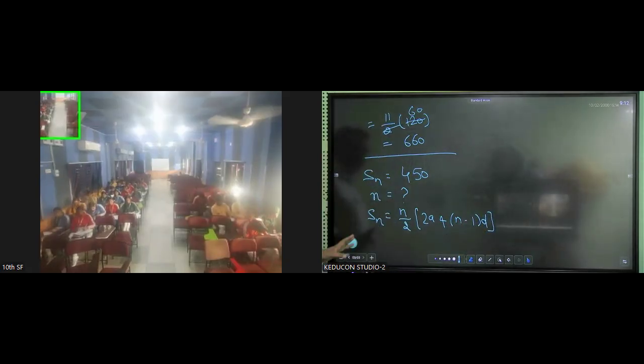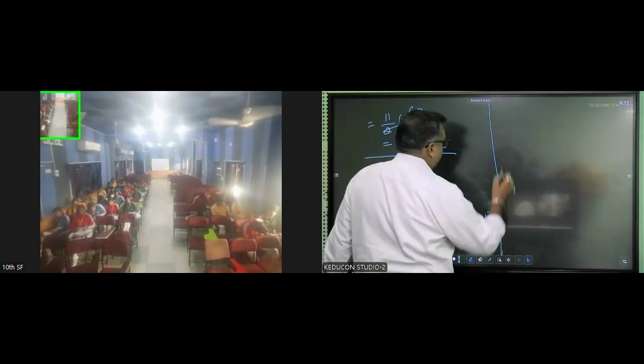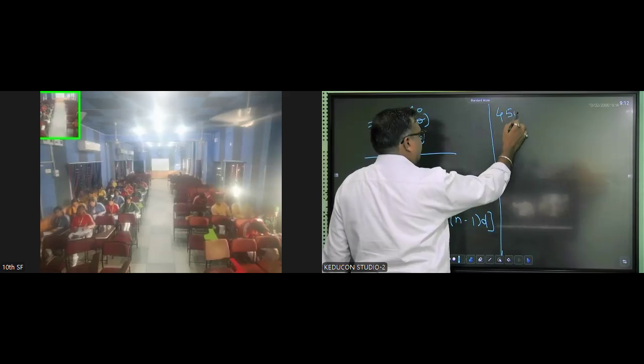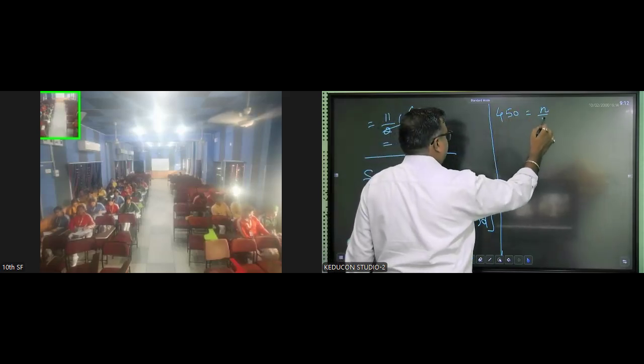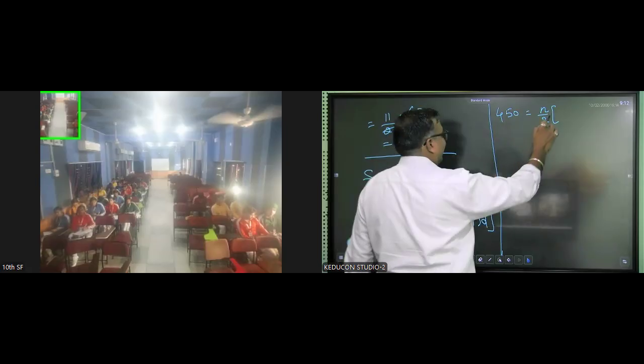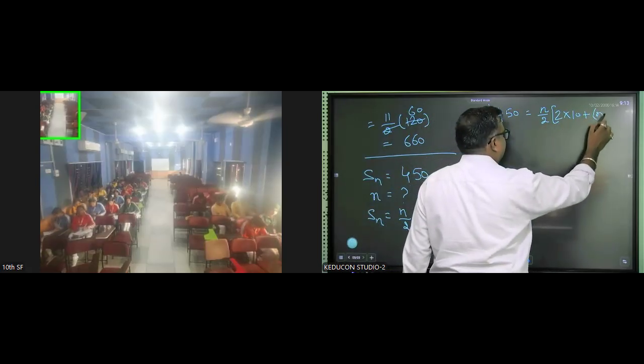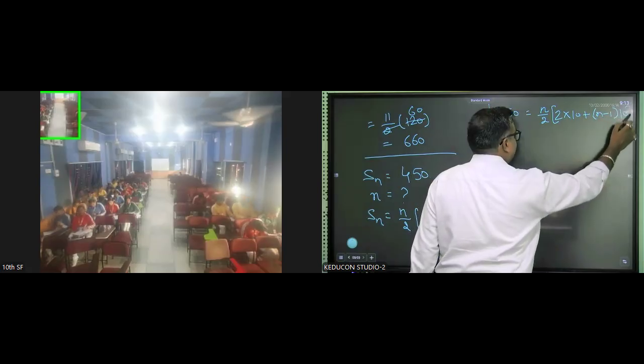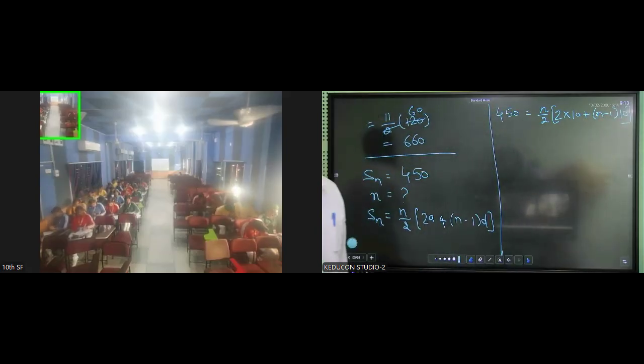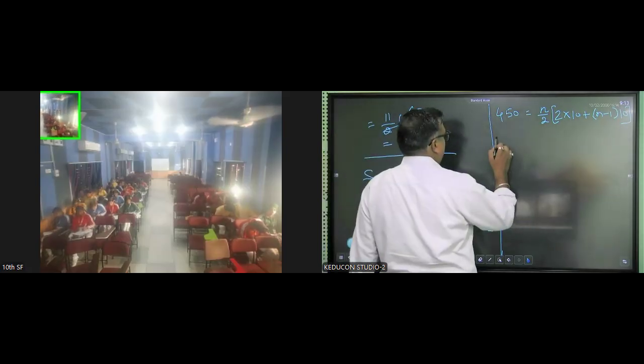So put the value of Sn. What is the value of Sn? 450. And we have to find n, so this is n by 2 into 2a, a is 10, plus n minus 1 into d, d is again 10. Now students, a quadratic equation will be formed. Solve this. 450 into 2